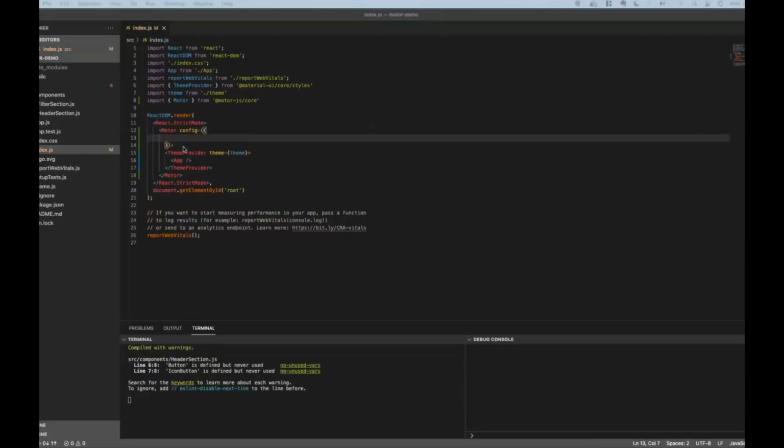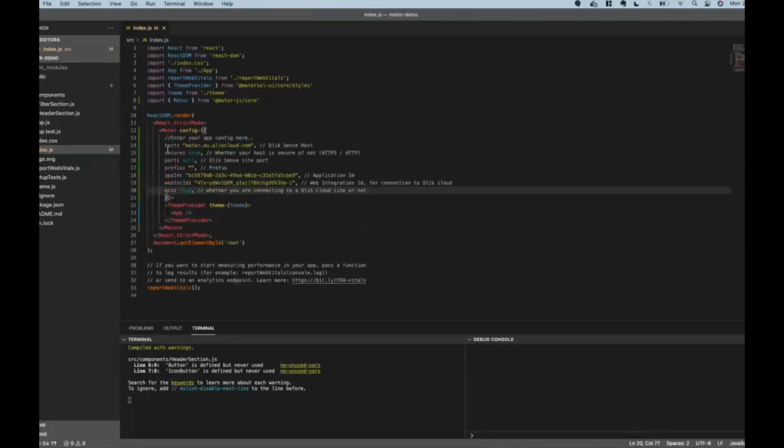I'm just going to copy in a config. So we need the host, whether it's secure, port, prefix, app ID, web integration ID. So exactly what we were doing in that previous example in our hook is essentially what you're passing into that component. And if we look at the code